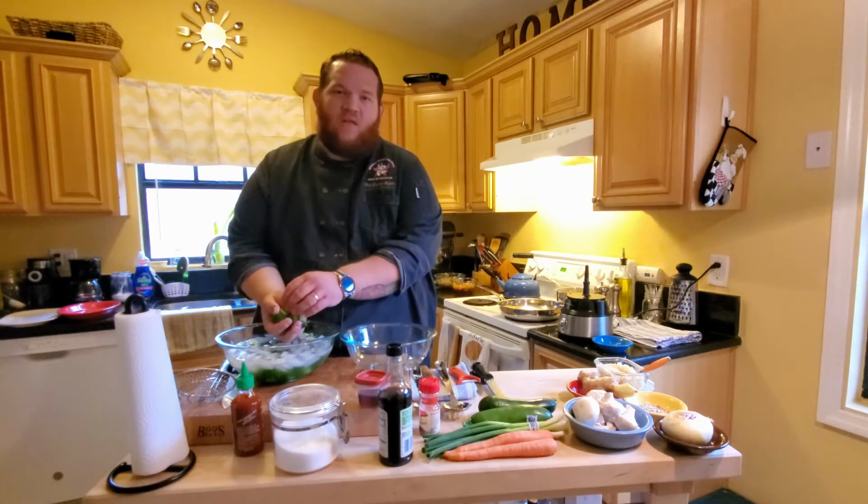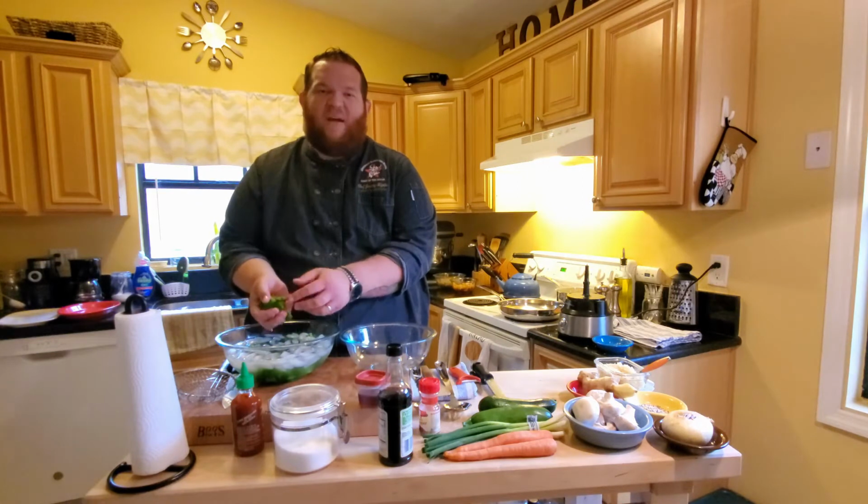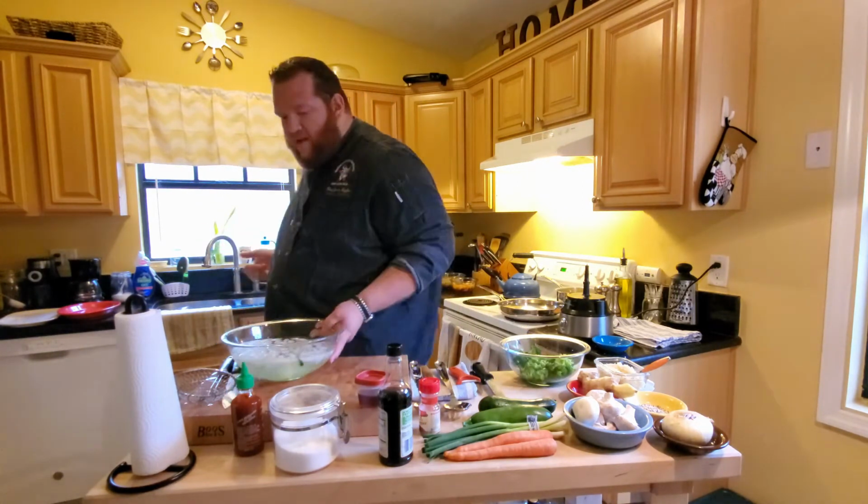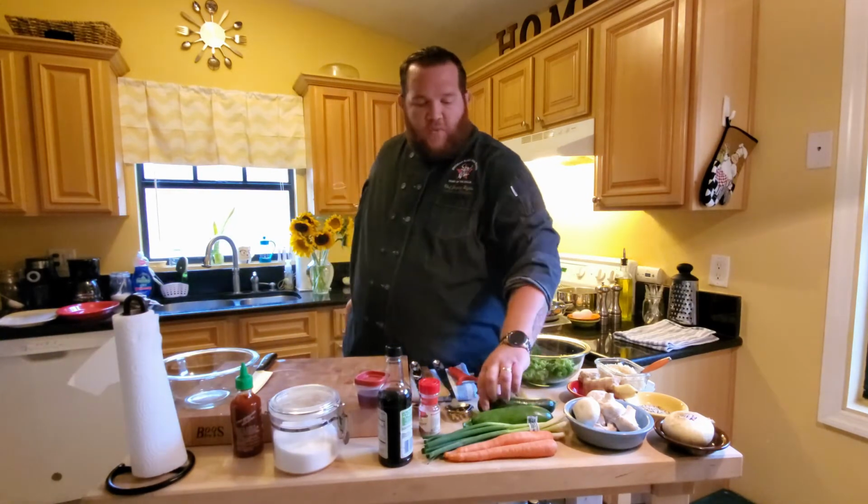We don't want to let it sit in the water because it'll start to take some of that water on and might turn mushy. We pulled out all of our broccoli. I'm going to set that back aside. Now it's prepped and ready as well. So now what we're going to go ahead and do is cut up our zucchini, our mushrooms, our carrots, and our